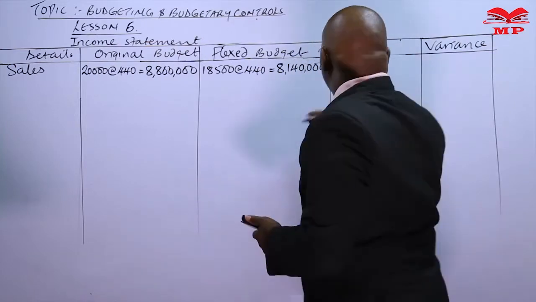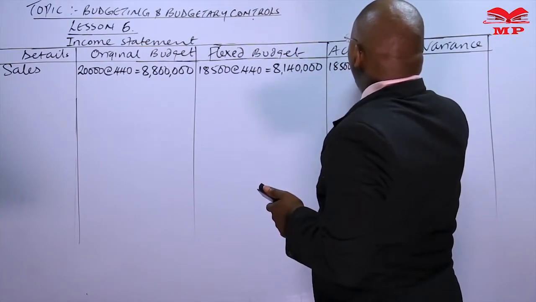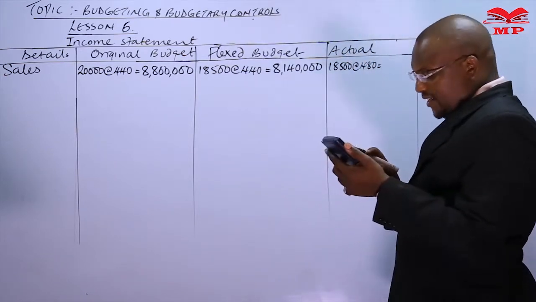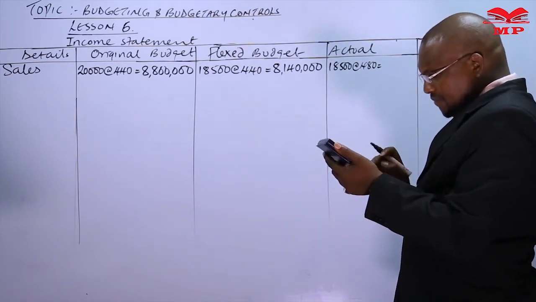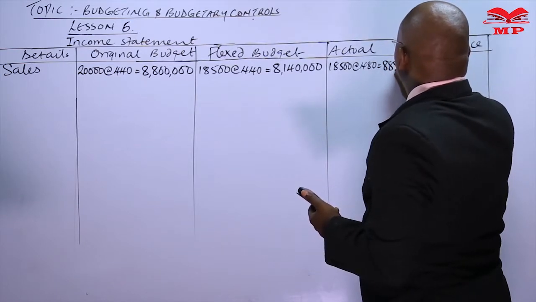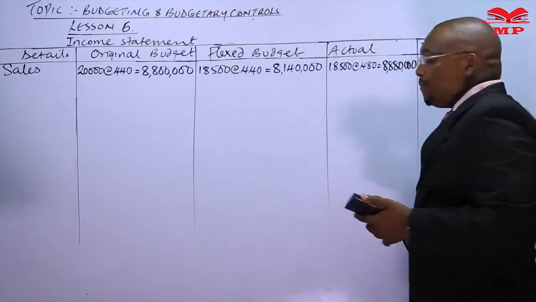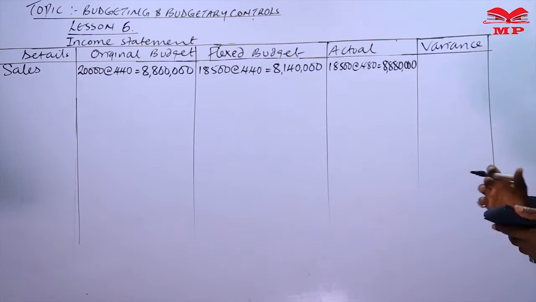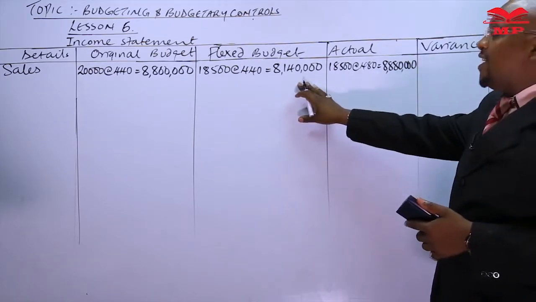But in actual sense, we sold 18,500 at 480. That is the actual sales in units and in price. 18,500 multiplied by 480 is giving us 880,000. Now, this variance column is just to understand the difference between what we expected for that level of 18,500